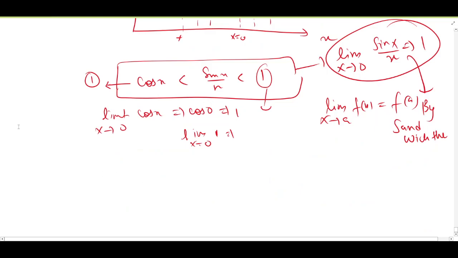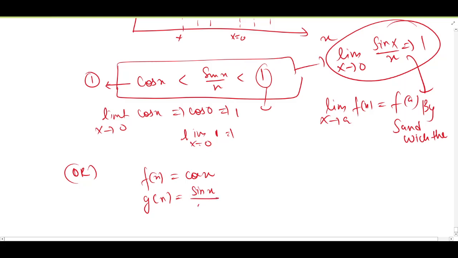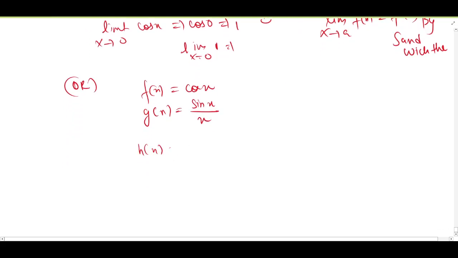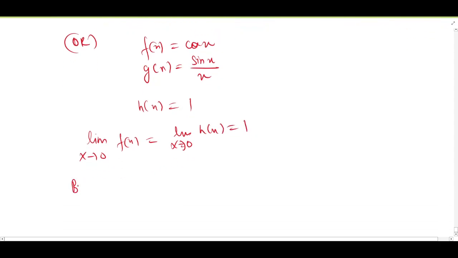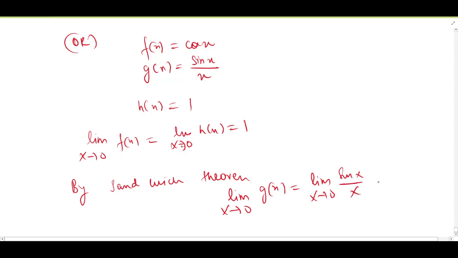Or we can say f of x is equal to cos of x, g of x is equal to sin of x divided by x, and h of x is equal to 1. So limit x tends to 0 f of x is equal to limit x tends to 0 h of x equal to 1. So by sandwich theorem, we say limit x tends to 0 g of x, or limit x tends to 0 sin x by x, should be equal to 1,